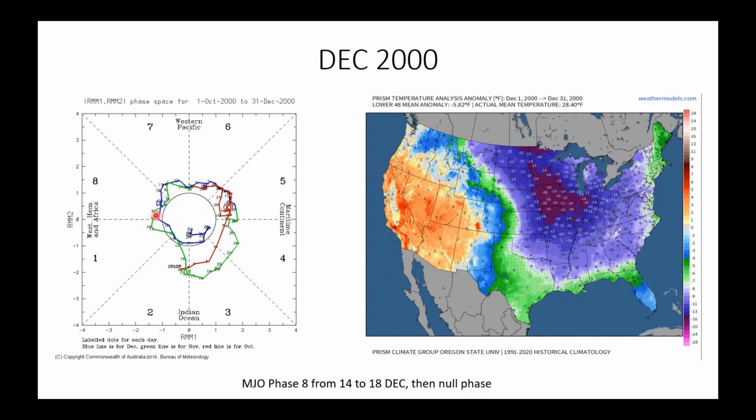Because I look at the MJO phase diagram over here, and it starts off actually in the milder phases, right? 5 and 6 in December. But then by the end of the month, it went to the colder phase. But it wasn't very strong amplitude. Looking at